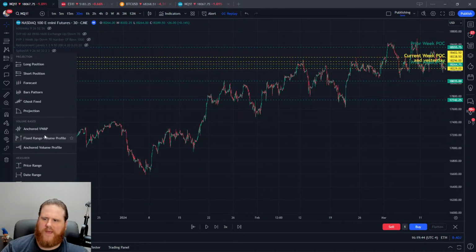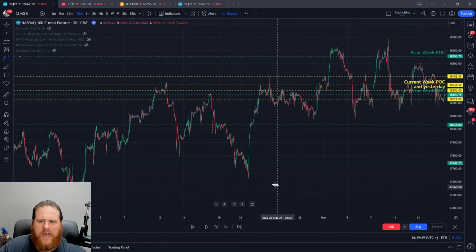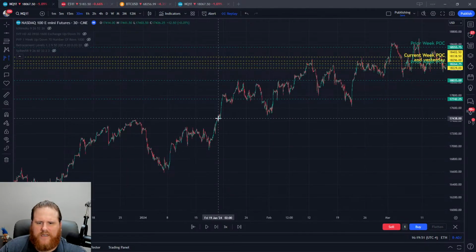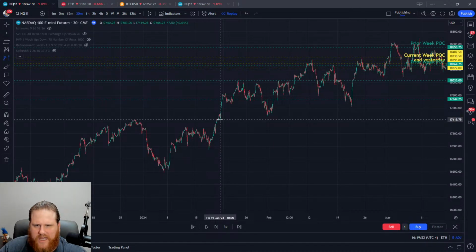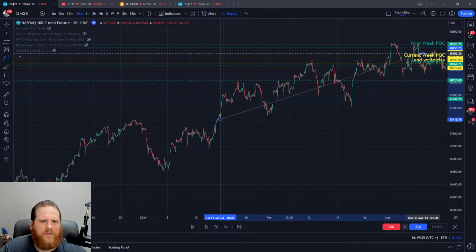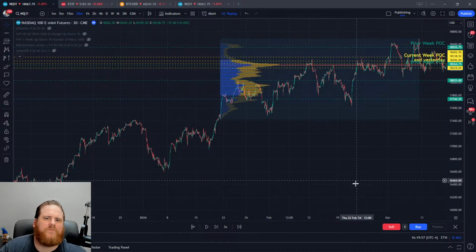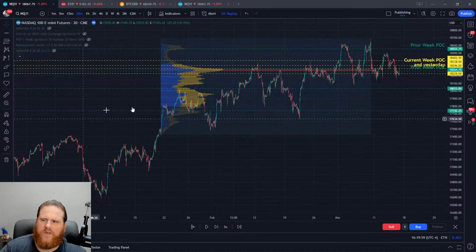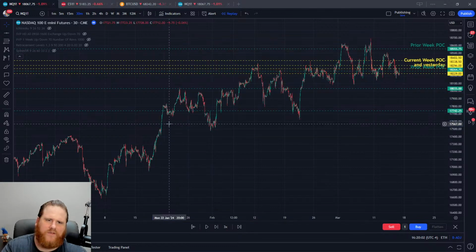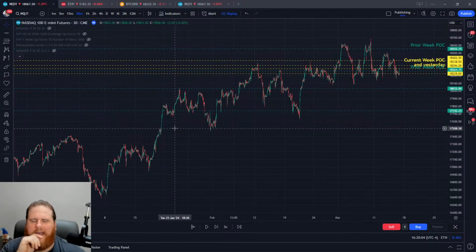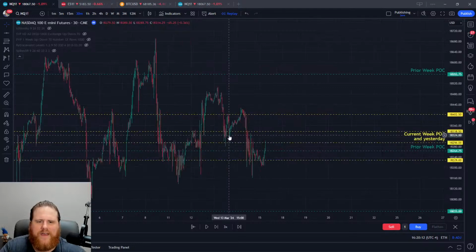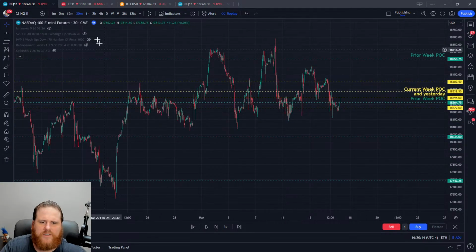And right here, the drawings panel. We can do a fixed range volume profile here. And what I want to do in those kind of cases is, like I said, look for the past move, basically. We can also do anchored, which basically just picks one point and goes forward. I think those two are going to be a little more relevant, especially the fixed range one, in some other examples that we'll look at in just a moment. So we'll do that. All right, so we've got these lines, a lot of lines because it's a consolidation, but